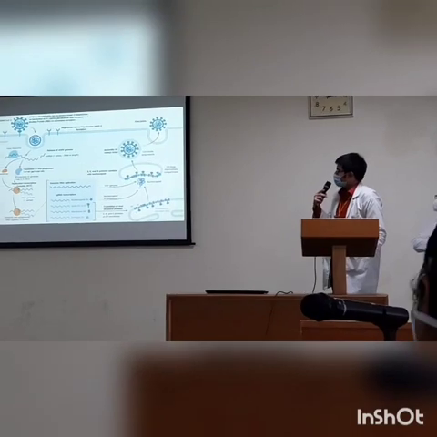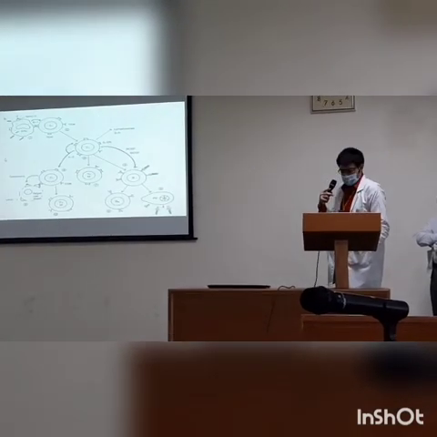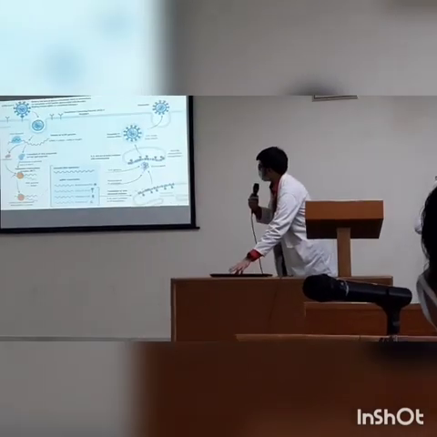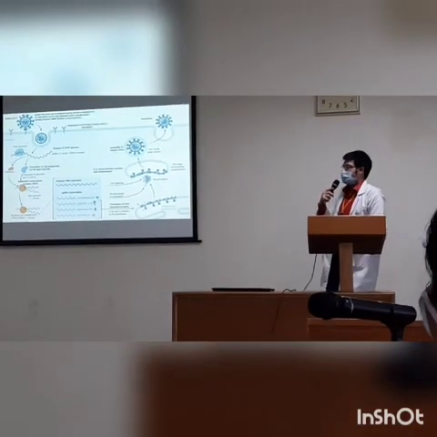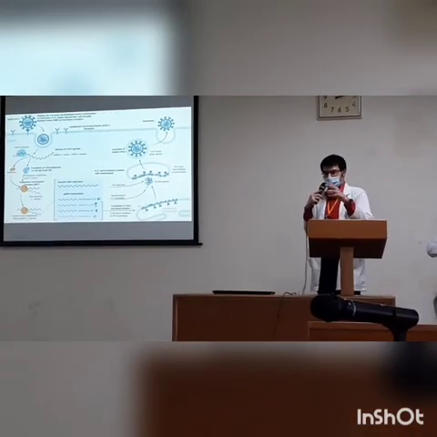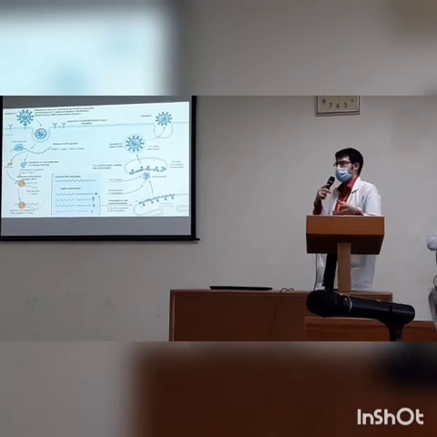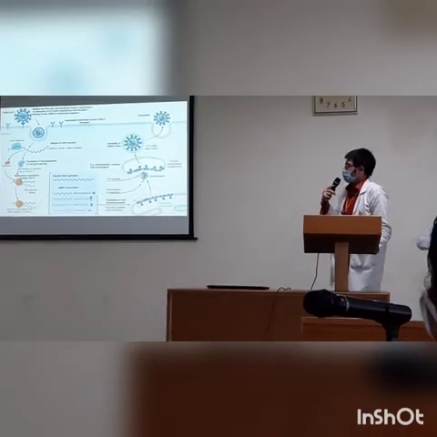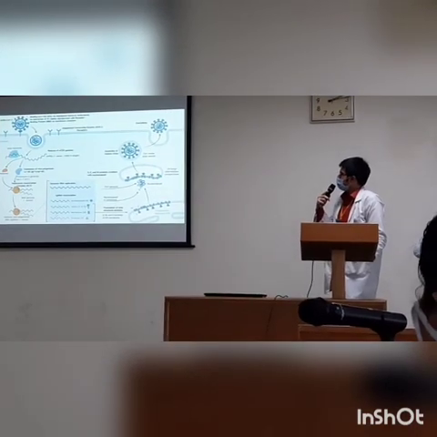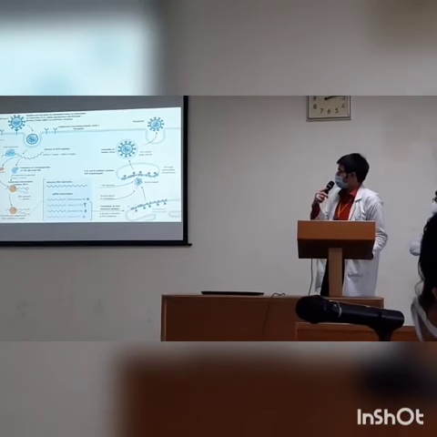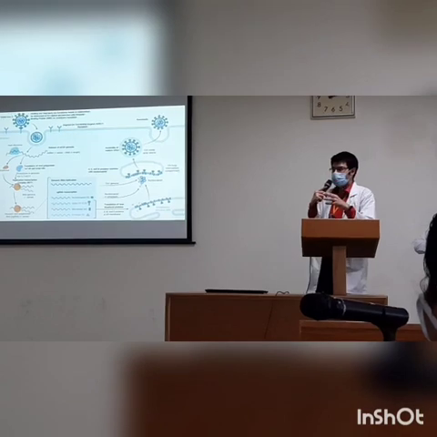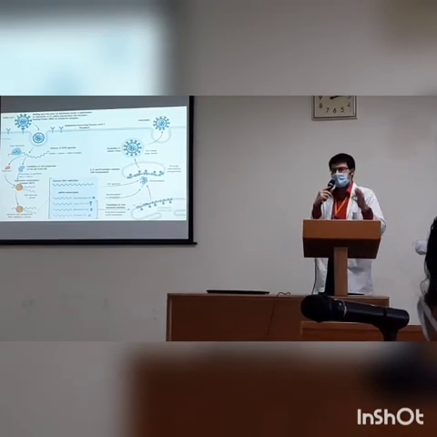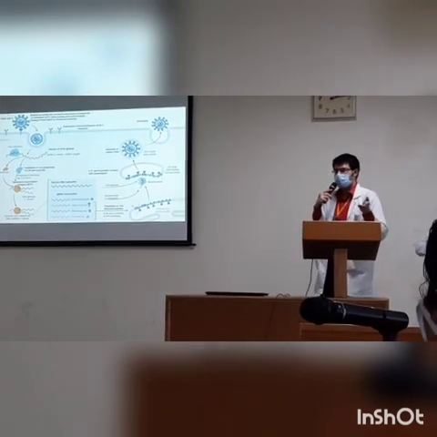Now the replicase, which is the RNA-dependent RNA polymerase: since it is an RNA virus, it has RNA, it does not have DNA. The RNA-dependent RNA polymerase is going to create an RNA copy from the genomic RNA. The replication is accomplished in a replication transcription complex. So it happens in a bit of a discontinuous manner. The complex is formed, transcription is going on, and replication is going on.